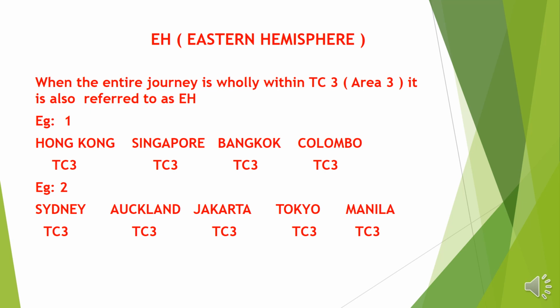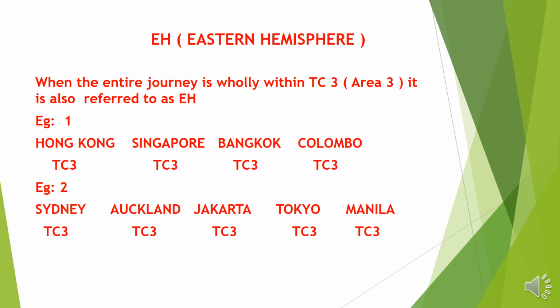Hence, it is EH. And going to the next example, Sydney in Australia, Southwest Pacific, it's in TC3. Auckland in New Zealand, Southwest Pacific in TC3. Jakarta in Indonesia, part of Southeast Asia. And Tokyo, Japan, part of Japan, Korea. And Manila is in Philippines in Southeast Asia in TC3. And here also you see that all the cities on this journey are in TC3, hence it is referred to